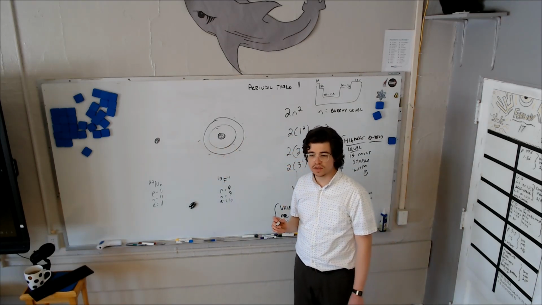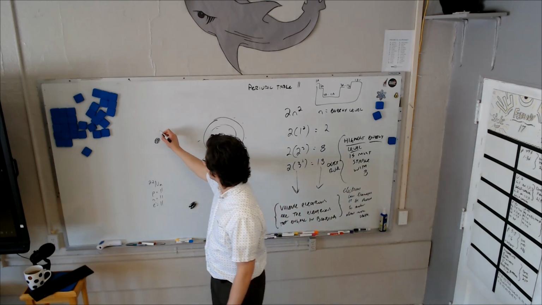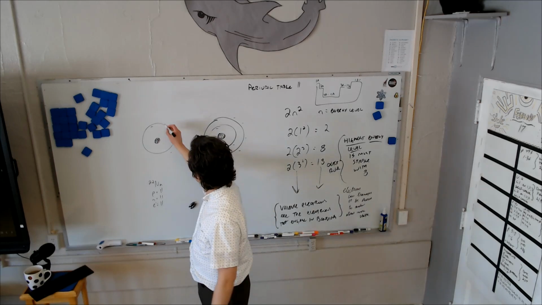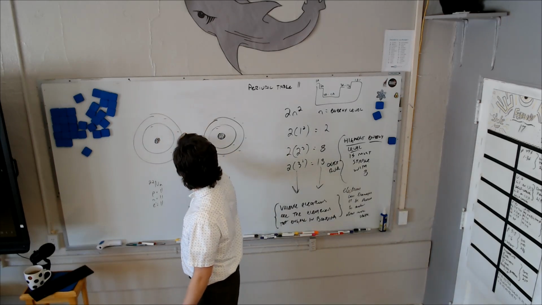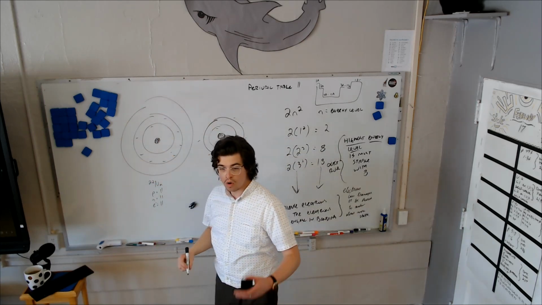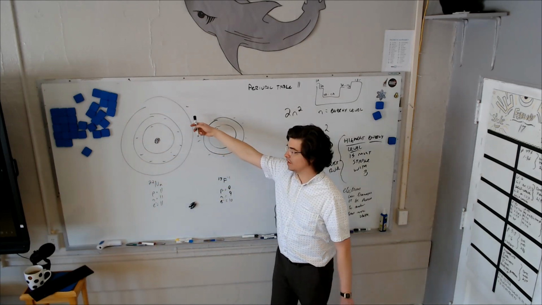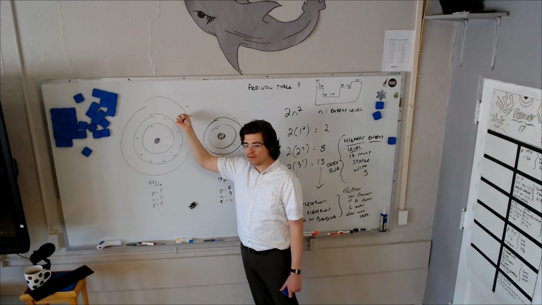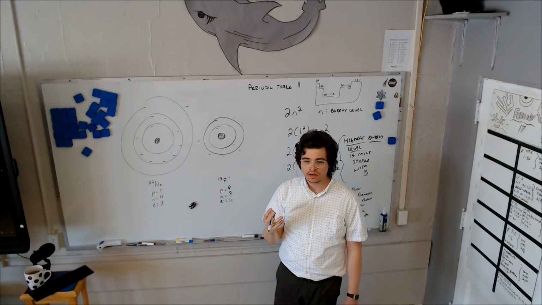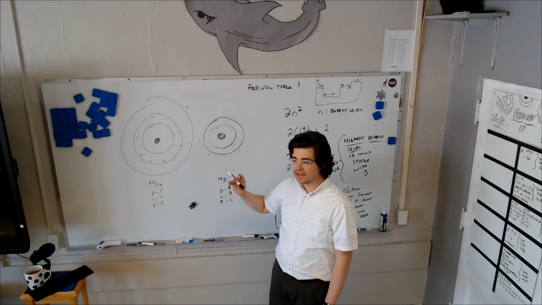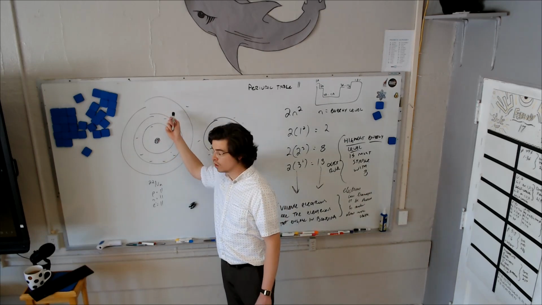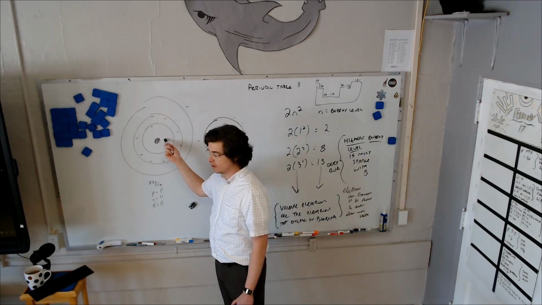How many should the first energy level have for electrons? 2. It should have 2. How many should the second energy level have? It can only hold 8, so it should have 8. 2, 3, 4, 5, 6, 7, 8. How many should the third energy level have? 1. Now this bad boy, he's only got one valence electron, right? How many does he want to be happy? 8. So is it going to be easier for him to gain 7 electrons or to lose this one and go down to this energy level?